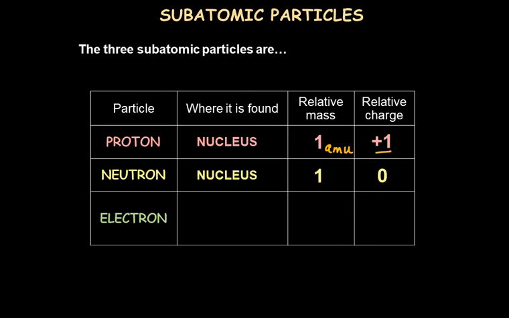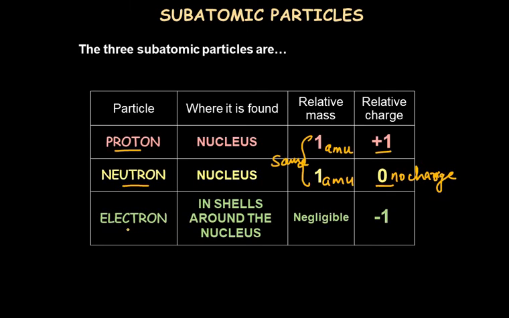Now what about the neutrons? Neutrons are also found in nucleus and its relative mass is also 1 AMU. That is, you can say that the mass of proton and neutron is almost the same. That's why we call it 1 AMU each. So 1 proton and 1 neutron will each carry the mass of 1 atomic mass unit, but the charge of neutron is 0. So you can say that it has no charge. The neutrons have no charge.